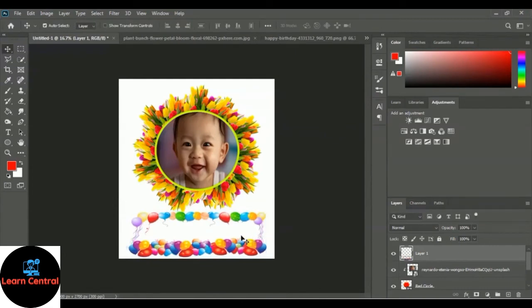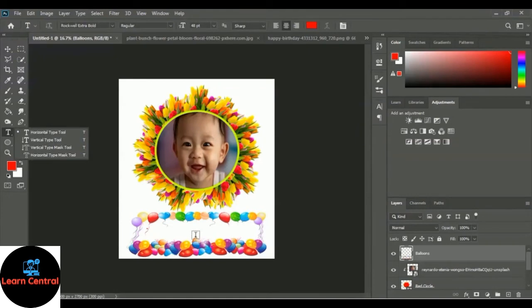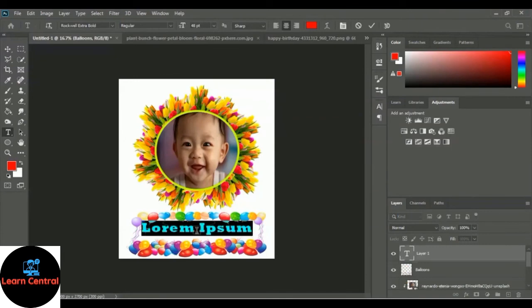Okay, looks good. And you have to rename this layer. So you just have to double click on here and let me write balloons. Okay, balloons. And right now we will use the type tool to type happy birthday in here. So you just have to use the type tool and let's write a happy birthday here. So let me write happy birthday, happy birthday. I think this red color seems good, and you have to click this tick mark, and right now